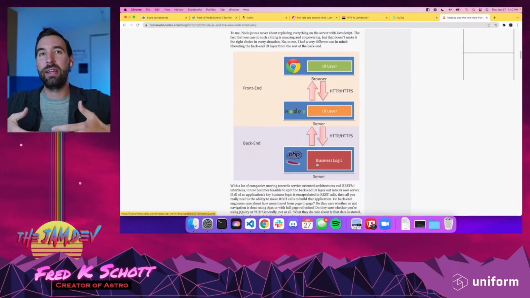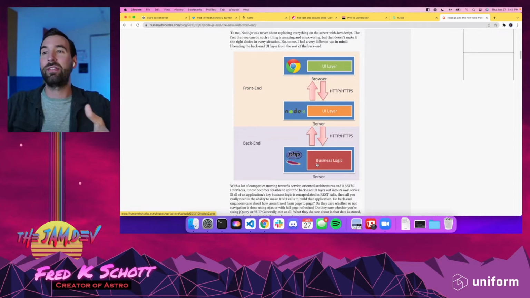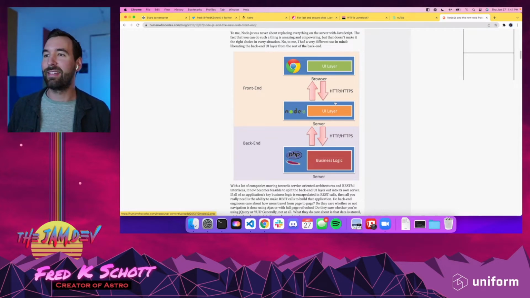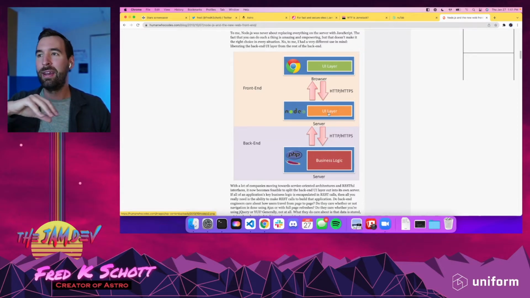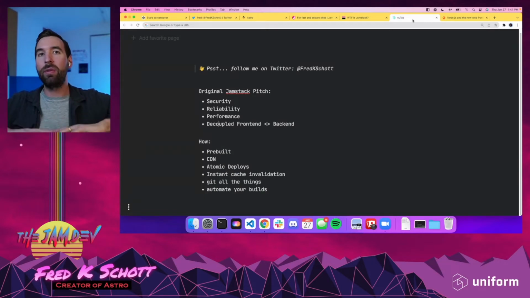But we essentially, and Nicholas really started to reason about this idea of Node.js being the presentation layer. And all of a sudden, the front-end developer using a back-end server to reason about their front end. Again, this is still talking about Node generating UI and the front end hydrating it, because React didn't really exist. But even now, we're starting to see what it meant to decouple the back end from the front end. And really, business logic lives on the server, API, website owns the front end, and that's all well and good. And so I don't think that this is too different and too far off from where Jamstack is starting to be pushed now,